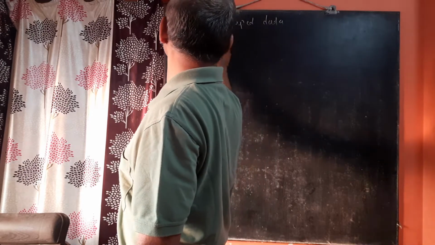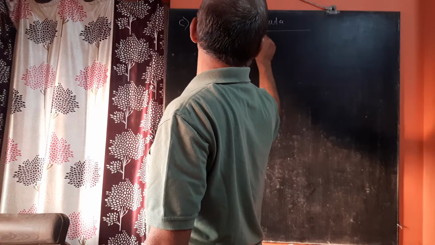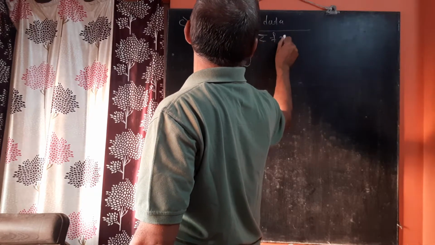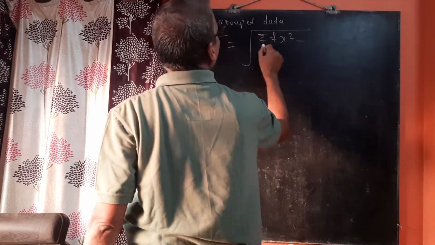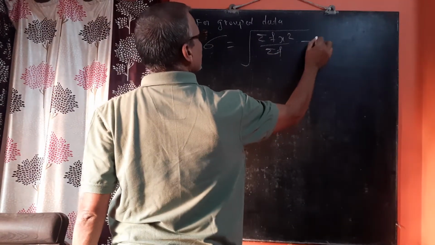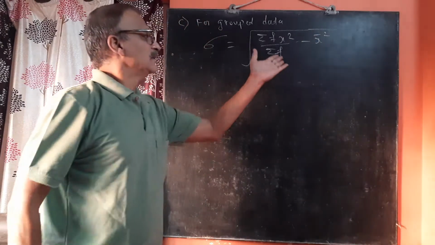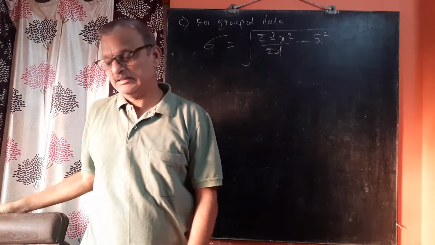Standard deviation sigma equals square root of summation of f into x square upon summation of f, minus x bar square. So near about the same formula